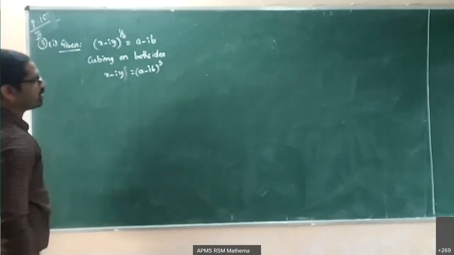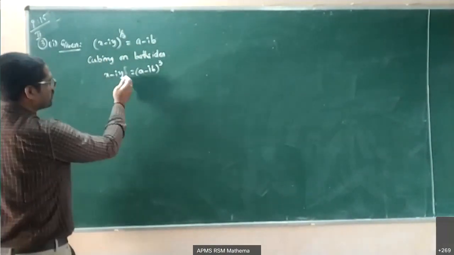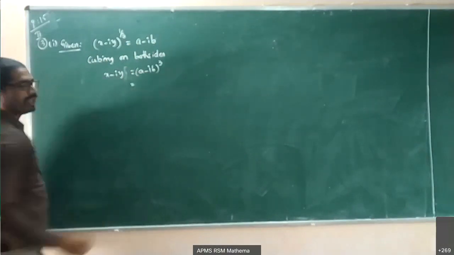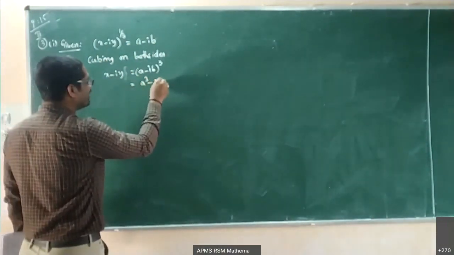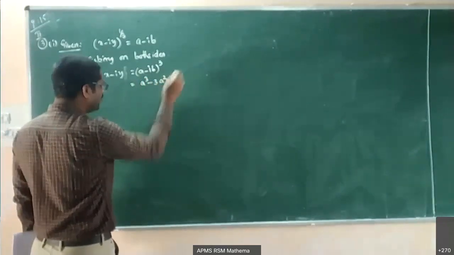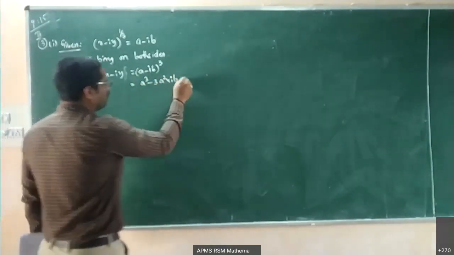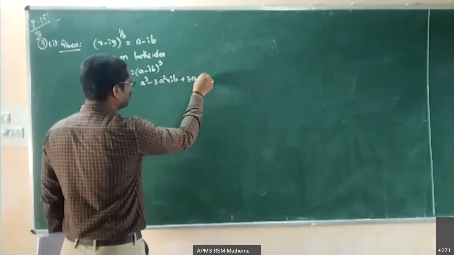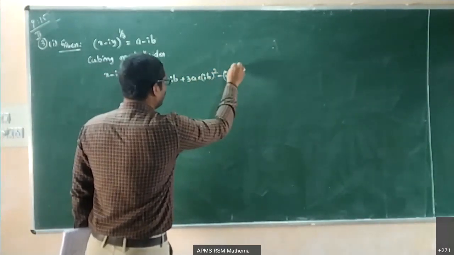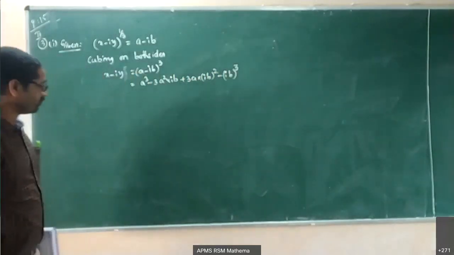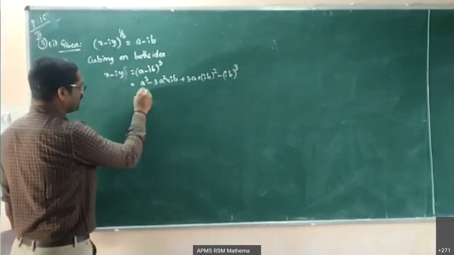The left hand part is okay, we don't need to do anything. On the right hand part, (a minus ib) whole cube is a cube minus 3a square into ib, plus 3a into ib square, minus ib whole cube, which is a cube minus